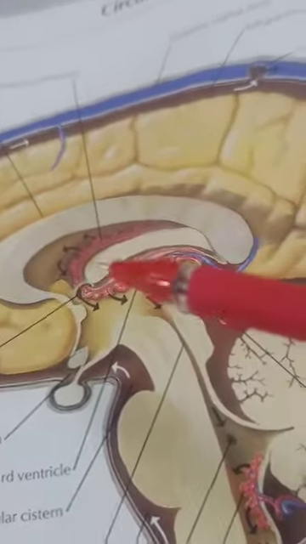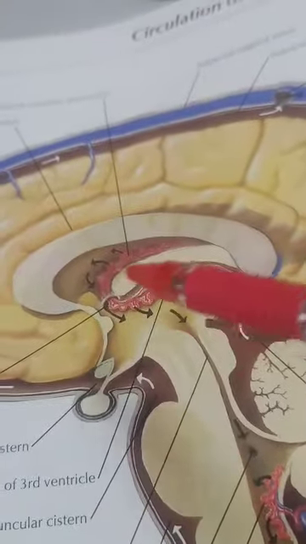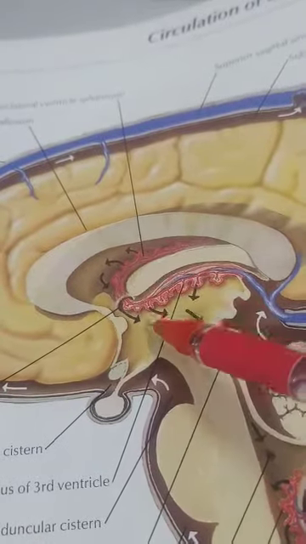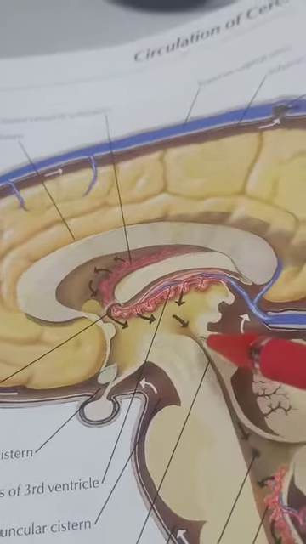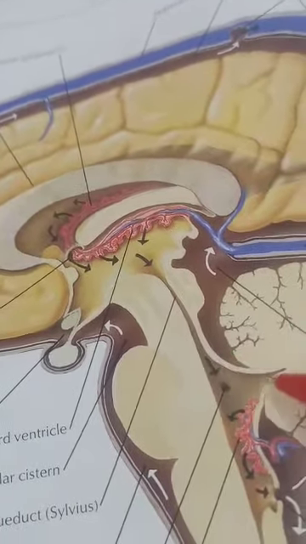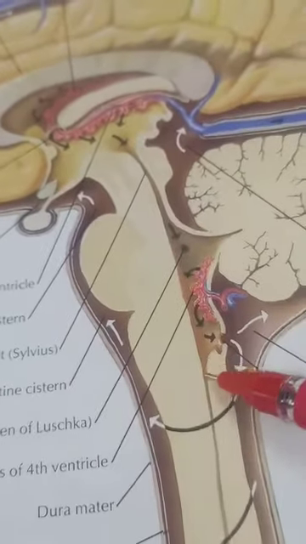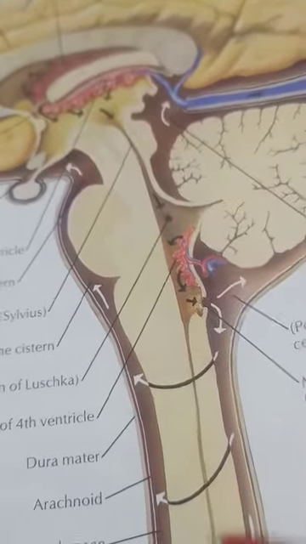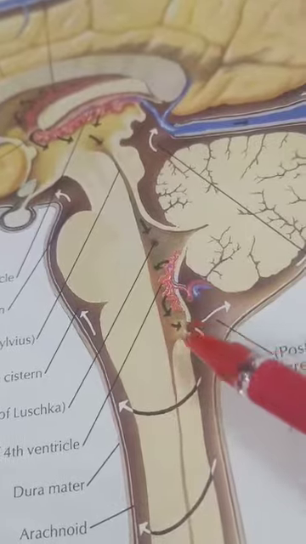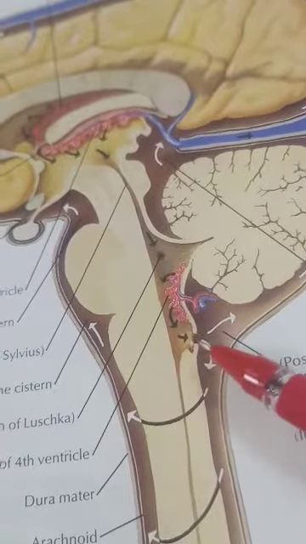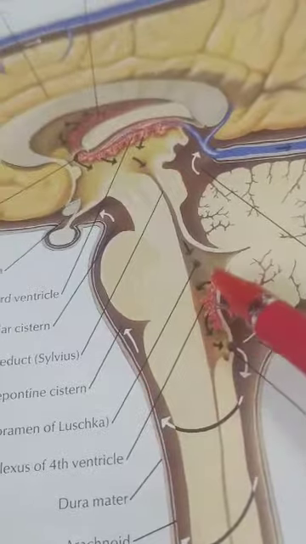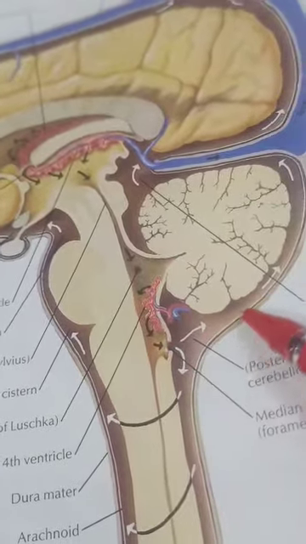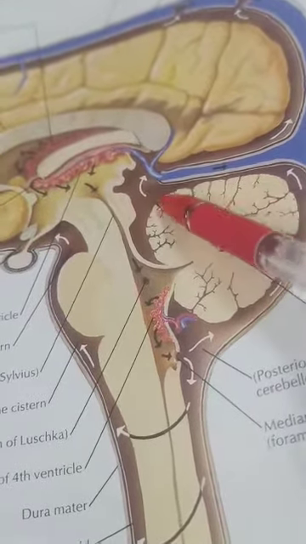So in this picture we can make out the cavities, that is the ventricles inside the brain. So this is the lateral ventricle below the corpus callosum. Lateral ventricle. Come here, this is the third ventricle. This is the aqueduct of Sylvius. This is the fourth ventricle. Okay, and this fourth ventricle inferiorly we can see continues as the central canal of the spinal cord. Central canal. So from the fourth ventricle we can see CSF passing through the different foramens, that is the foramen of Luschka, and this is the foramen of Magendie. Yeah. So through which the CSF will enter into the subarachnoid space. This is the subarachnoid space.